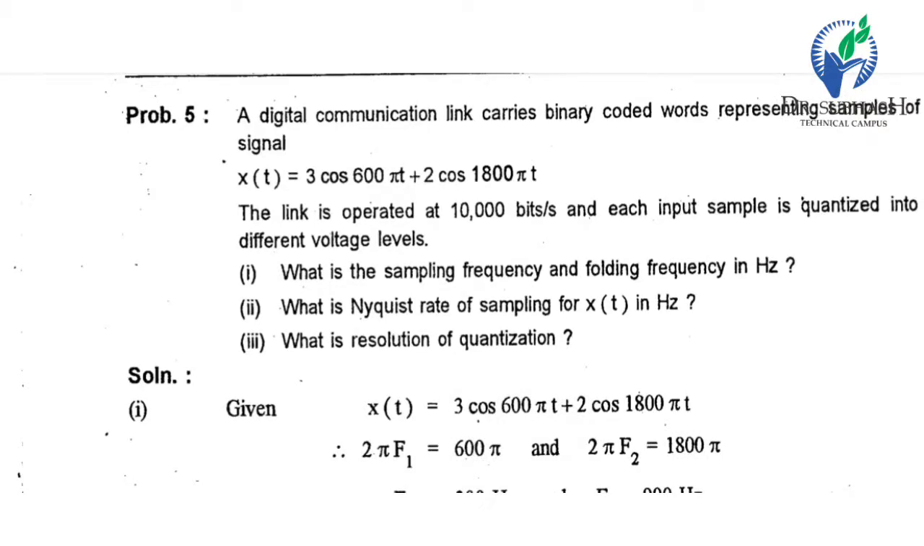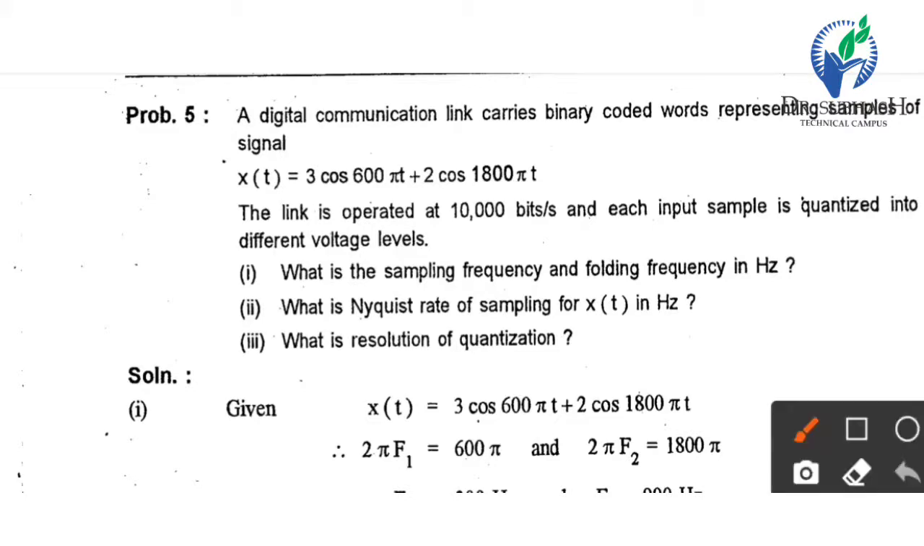Last example of this portion. A digital communication link carries binary coded words representing a sample of input signal, that is x of t equal to 3 cos 600 pi t plus 2 cos 1800 pi t. The link is operated at 10,000 bits per second, that is a bit rate, and each input sample is quantized